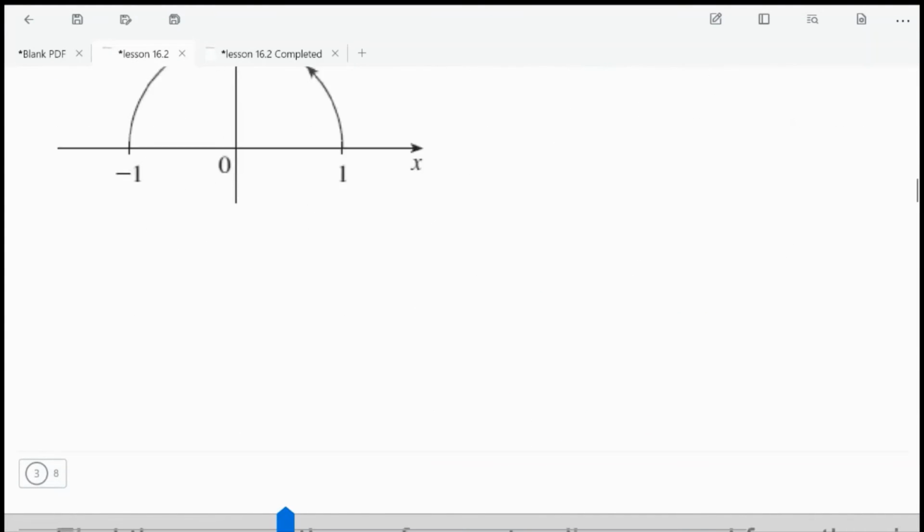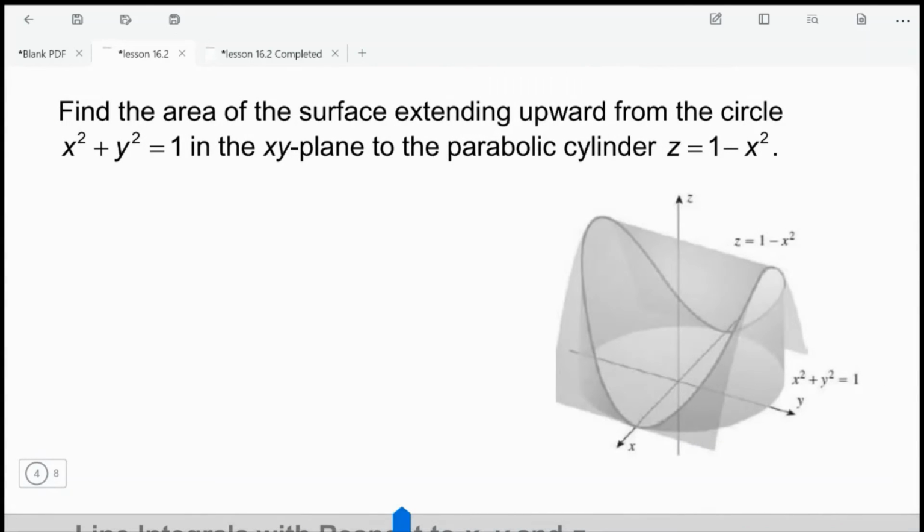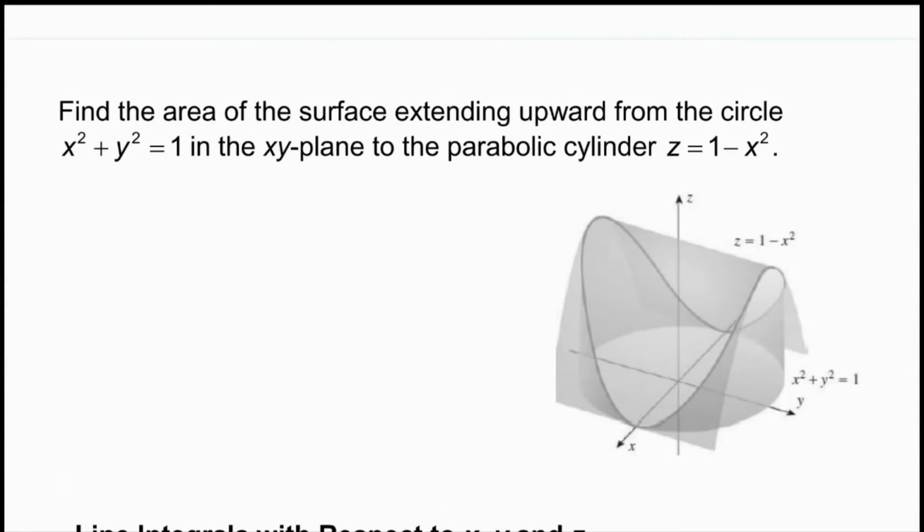All right, so let's move on here, and I've got another application for you. What this one says is find the area of the surface extending upward from the circle x squared plus y squared is equal to 1 in the xy plane to the parabolic cylinder z is equal to 1 minus x squared. Okay, so we want to find essentially what that area is with that domain, right? So we want to be thinking about the surface 1 minus x squared, and